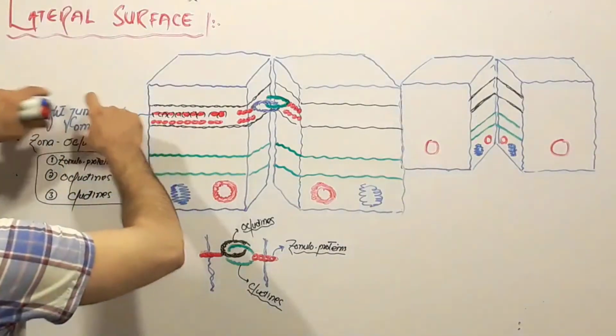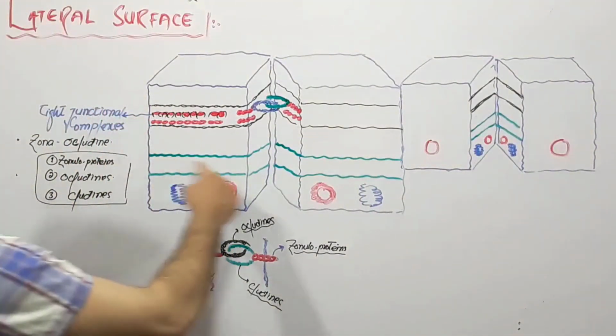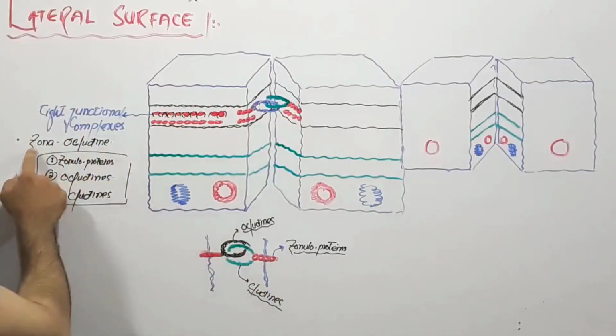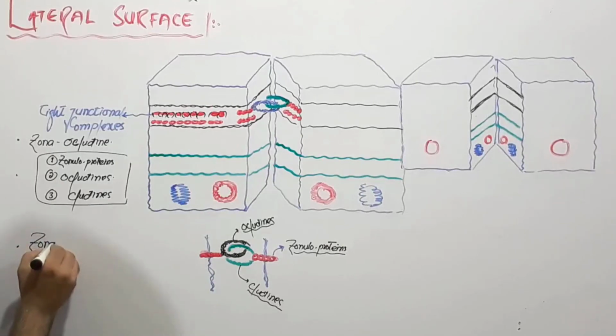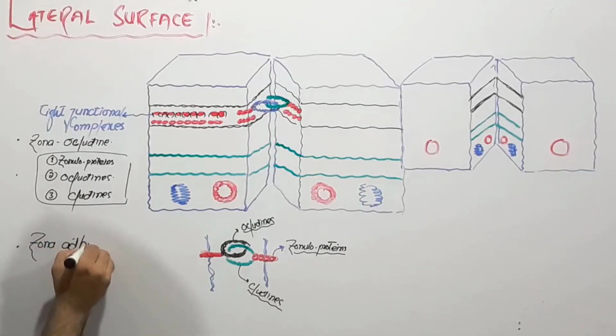So I told you there are two strong junctional complexes. The first junctional complex was the zona occludens, right? Then let's come to the second zone, which is called zona adherens. Zona adherens. And the zona adherens